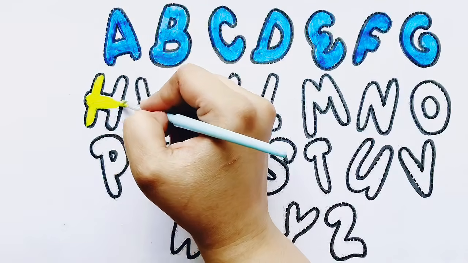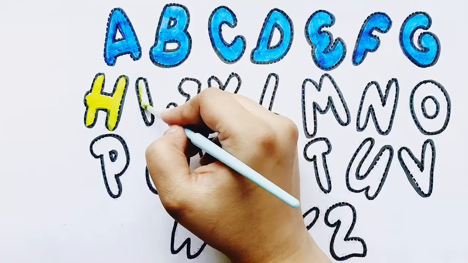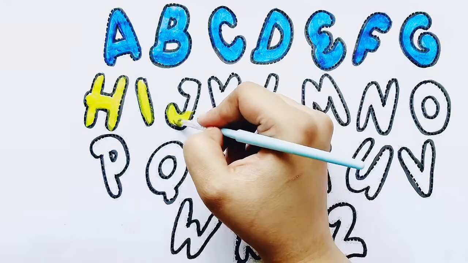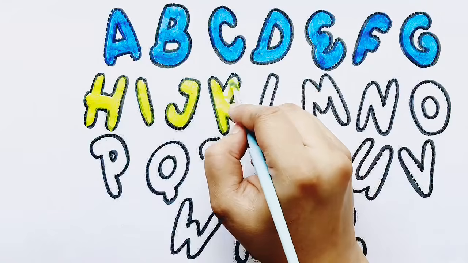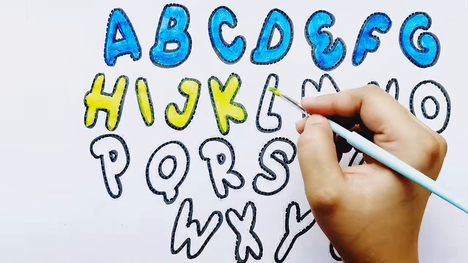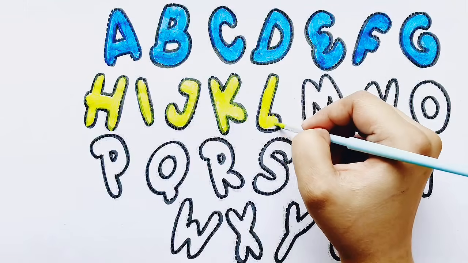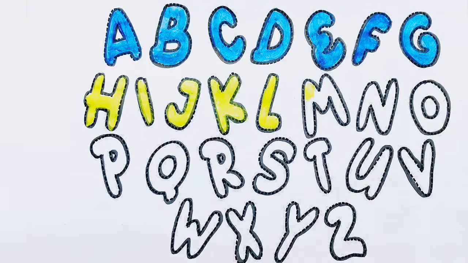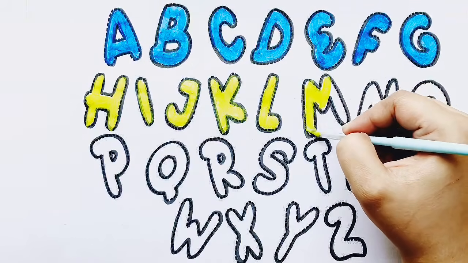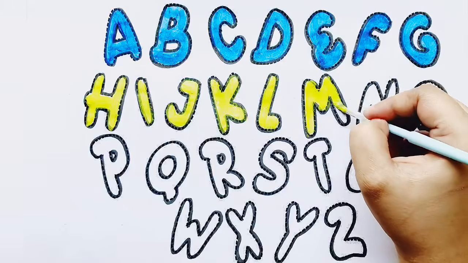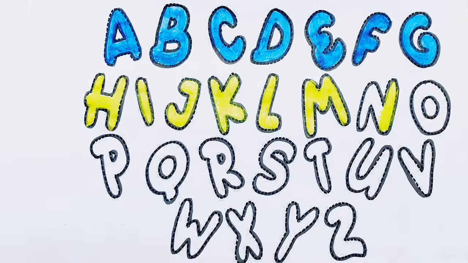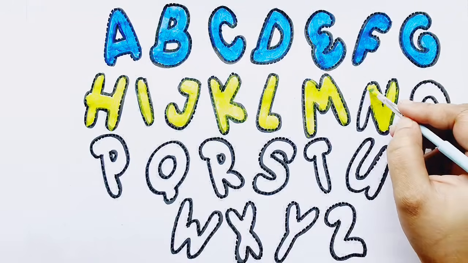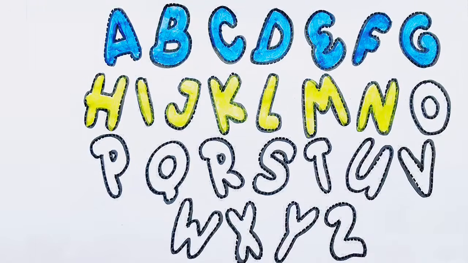yellow color, H for house, I for ice cream, J for jelly, K for kite, L for line, M for mango, N for nest, O for octopus,